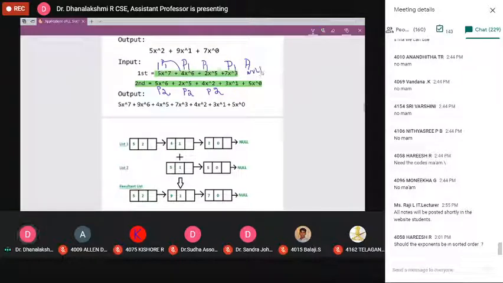Now the next step would be to compare P1 and P2, but whenever a node has the null value, comparison is not possible. We have to stop that procedure. We can't compare P1 and P2 because no data is available in P1. It has a null value.